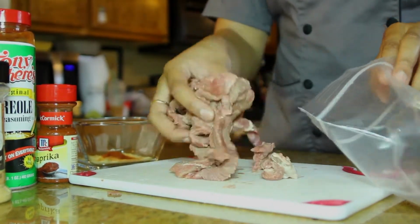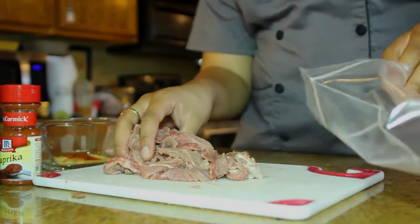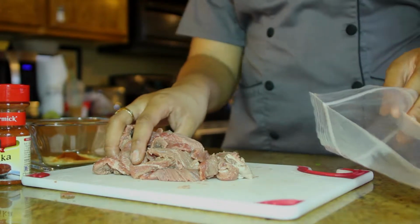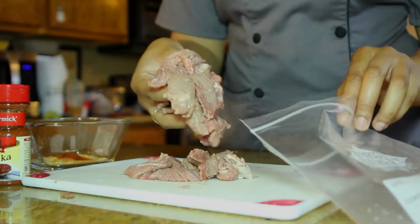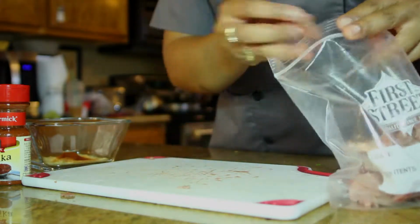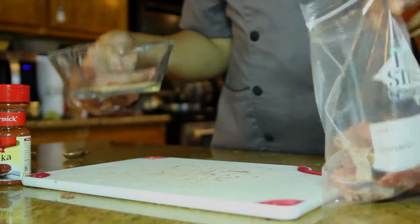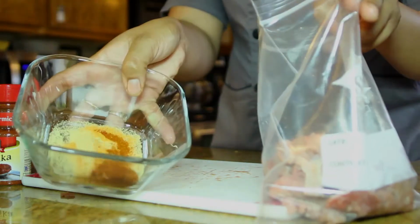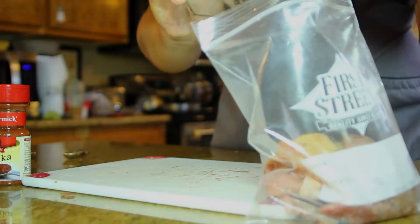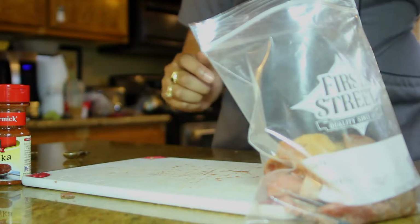So we're going to go ahead and throw our steak in a plastic bag. You can use a container if that's easier for you, like a Tupperware container, but in terms of cleanup, I think it's easiest to just use at least a quart size plastic bag, Ziploc bag like this. Just going to go ahead and throw our steak in. We're going to take our seasoning right here, throw it in the bag, just like that. And then we're going to top it off